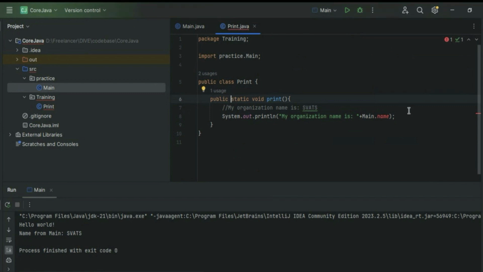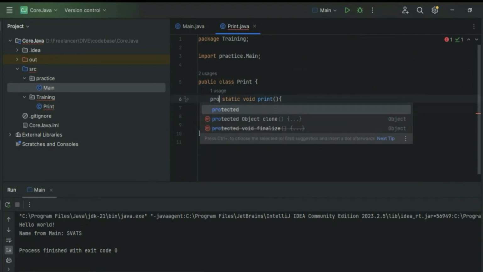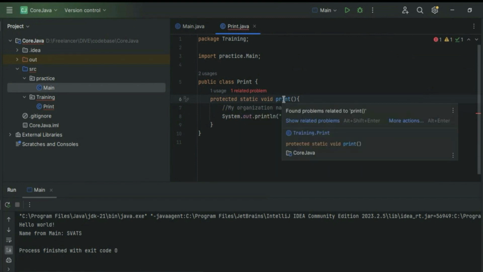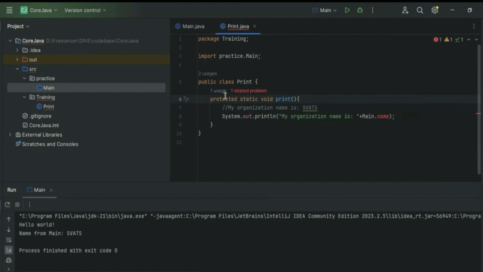So I think we have to make print also protected here. If we maintain print as protected, it is going to impact the people whoever is calling the print. Okay. So they should keep in mind that